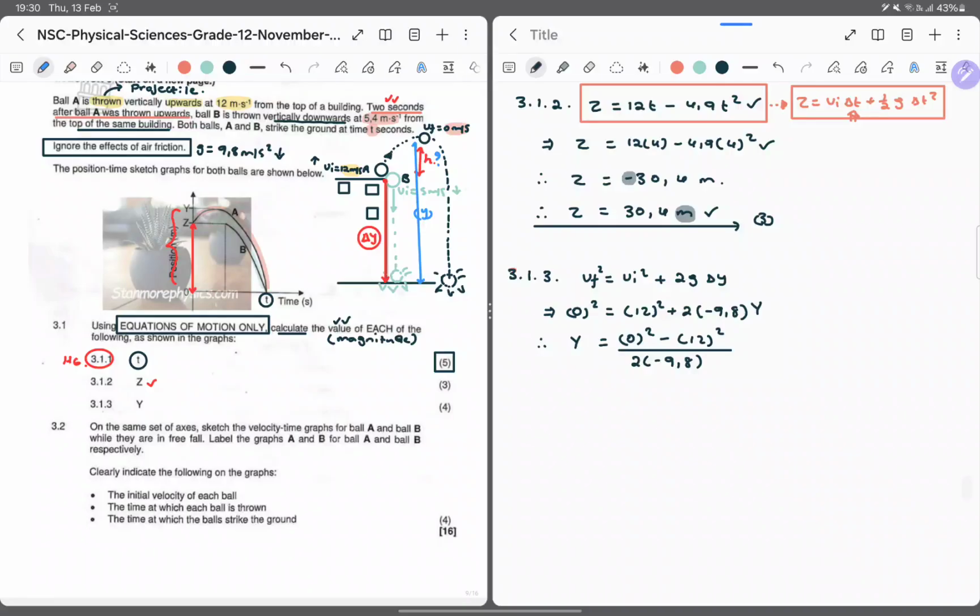Okay, wait a minute, that's not y. It's not y. Let's just call it delta y for now. Okay, let's get this done. So we've got minus into 12 squared divided by 2 into minus 9,8. Okay, I get